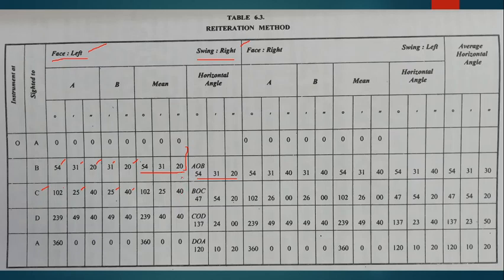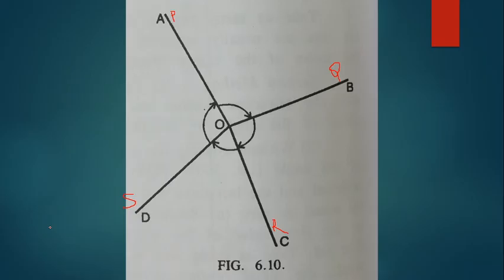Now, here a point is to be noted. The difference between 102 degrees 25 minutes and 40 seconds and 54 degrees 31 minutes and 20 seconds will be 47 degrees 54 minutes and 20 seconds, which is nothing but the angle BOC. We must deduct this angle from this, then only you will get the angle BOC. But remember, this is with the face left only. This is not final yet. Okay, we'll go back to the diagram again.